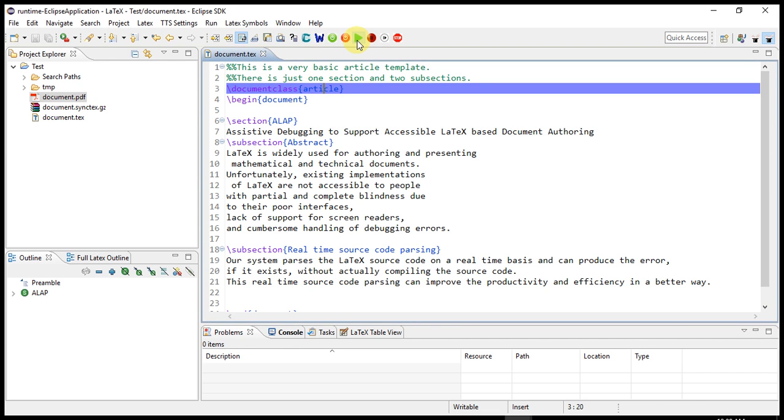Percent sign. This is a very basic article template. Percent sign. There is just one section and two subsections. \documentclass{article} \begin{document} \section{Tail off assistive debugging to support accessible LaTeX based document authoring} \subsection{